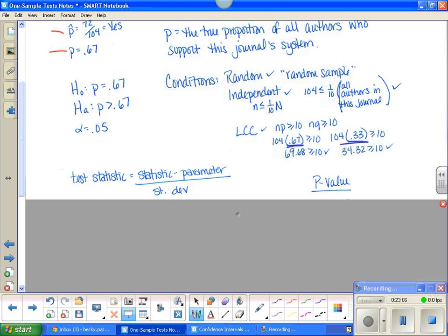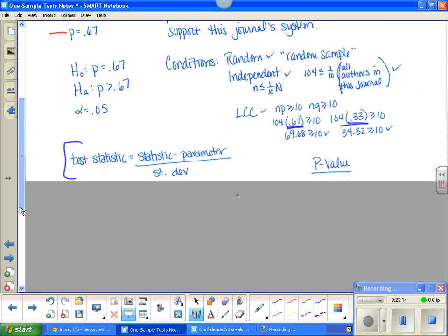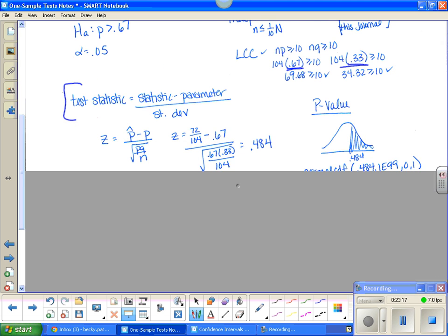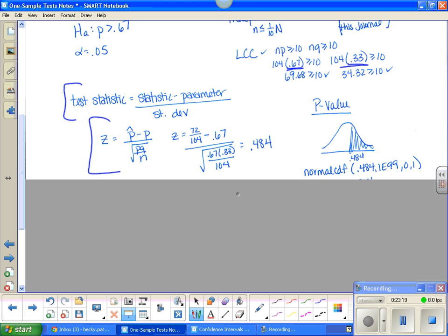Okay, so now this is when I panic and I don't know where to go, so I go to the back of my formula sheet and I find my test statistic. And so I write it in words. I hope I wrote it in letters. Oh, I did. There he is in letters. Letters all make sense. Everybody okay? So then that's my sample, and if you want to go and change them to a decimal, that's fine. There's the population,